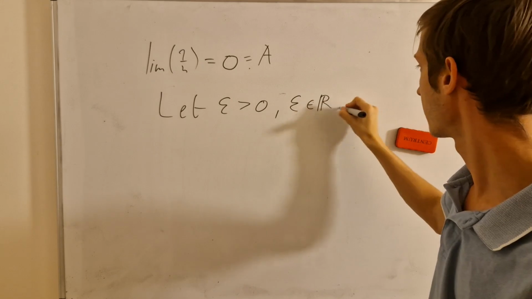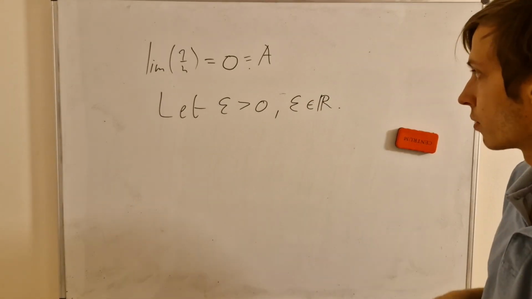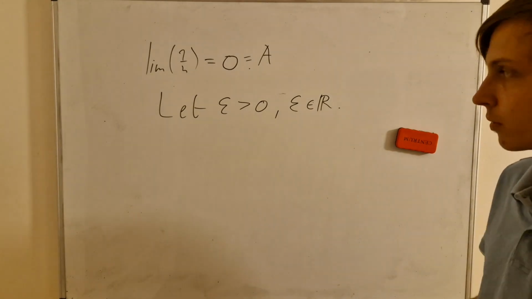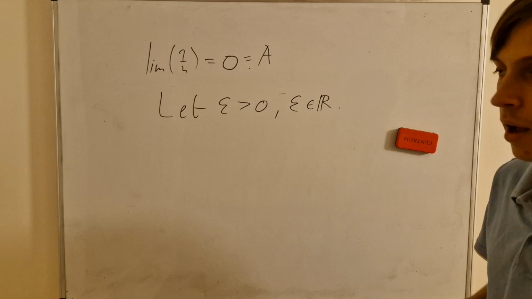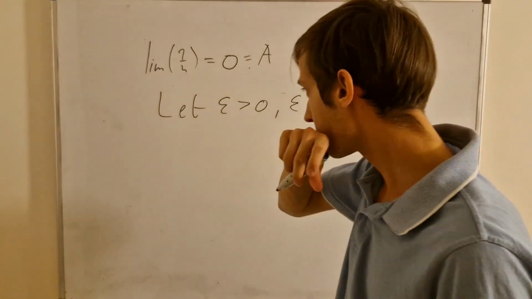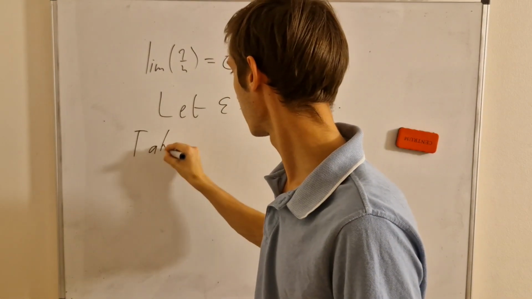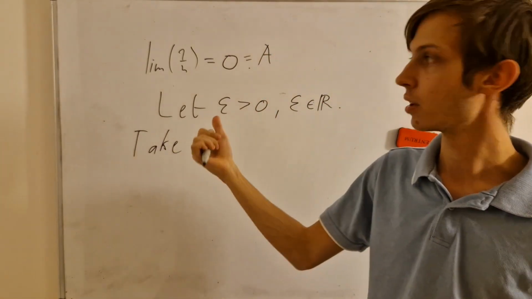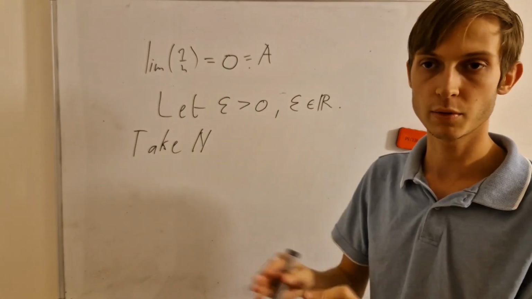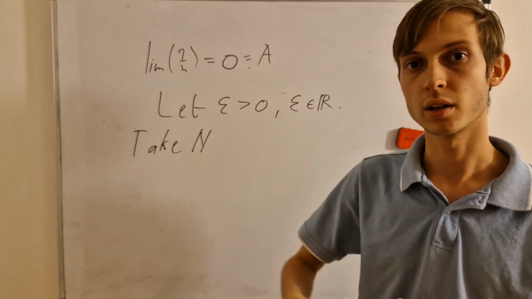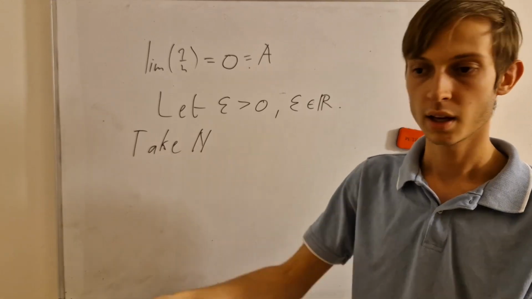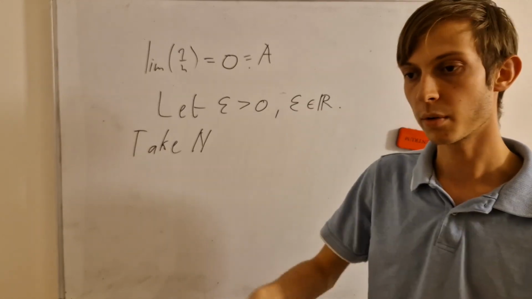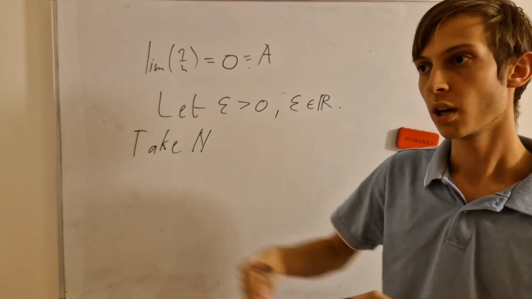That's the first thing, this classical epsilon, a Greek letter that represents some positive real number that can be a very tiny number. And then I will take n, which will be that natural number, because the inputs of a sequence are positive whole numbers. They order all the outputs of the sequence: 1, 2, 3, and we go higher and higher by natural numbers that label every output of the sequence.